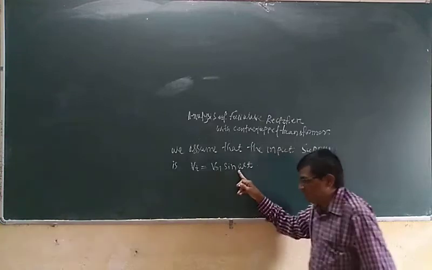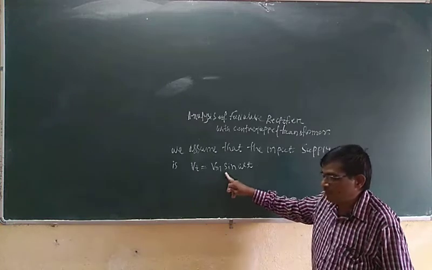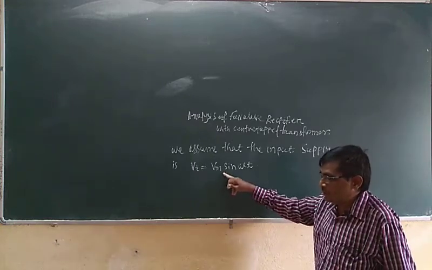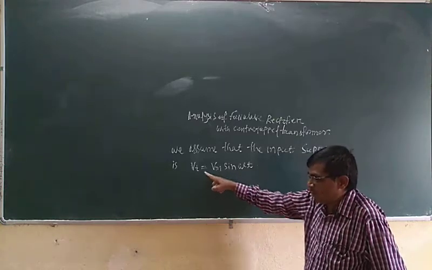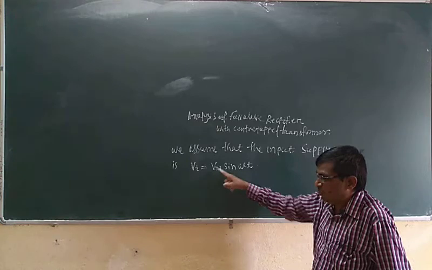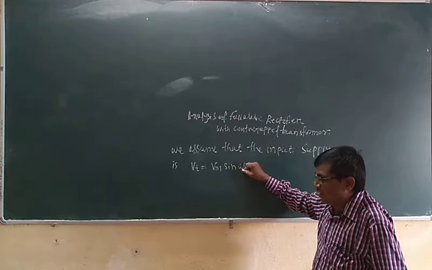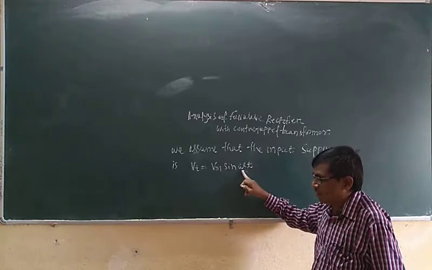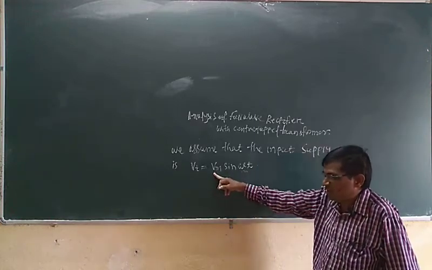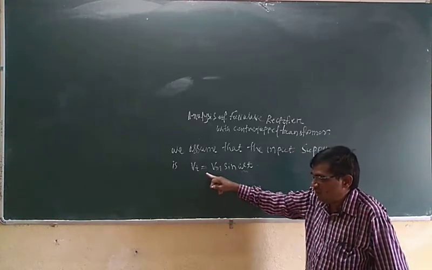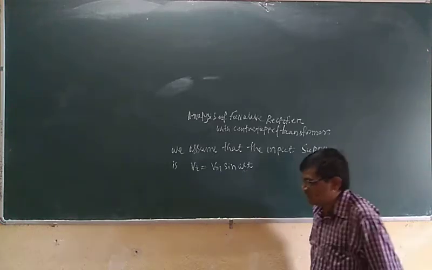Now this equation is the general equation of our input voltage, because the input supply voltage is a sinusoidal wave. So the input voltage is also written as Vm sin omega t. Omega t means theta, that is sin theta. Vm means the maximum voltage of our input supply. So we write Vi equal to Vm sin omega t. That is the sinusoidal signal.